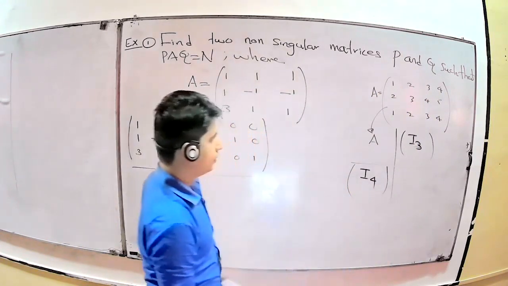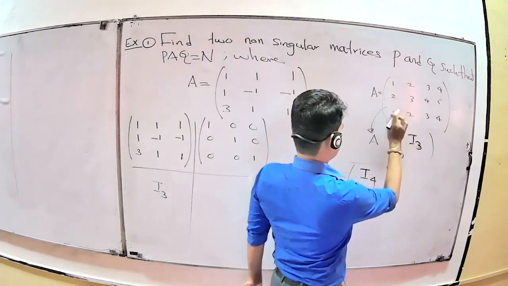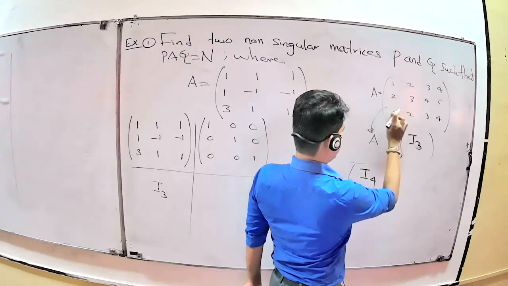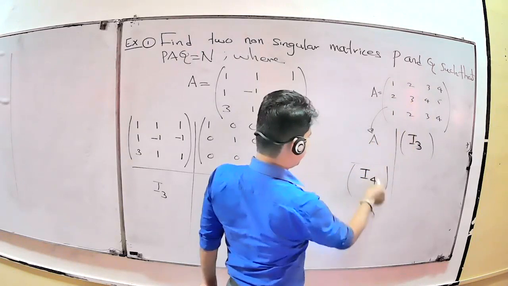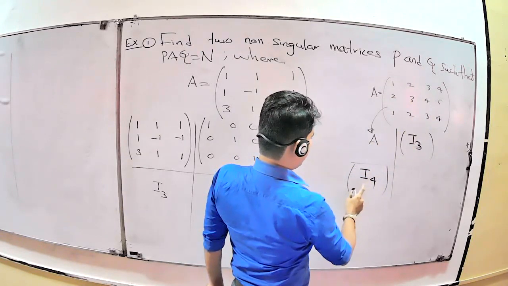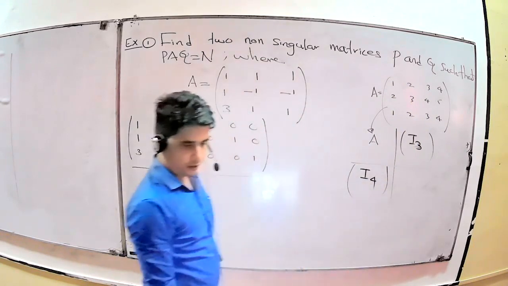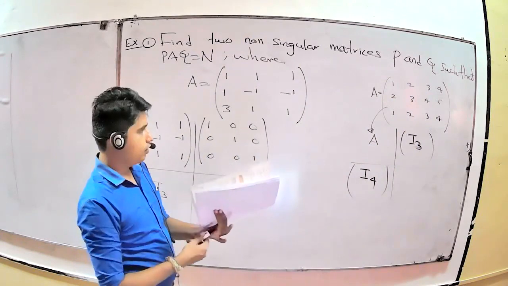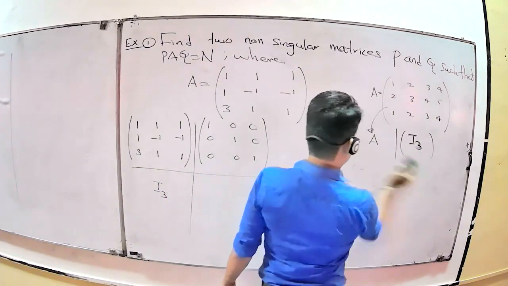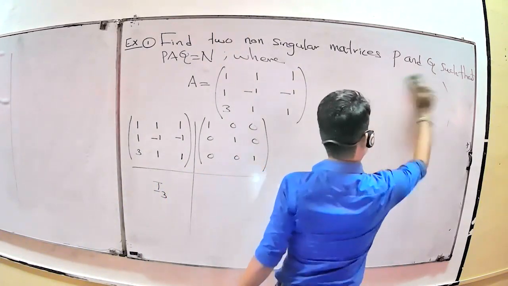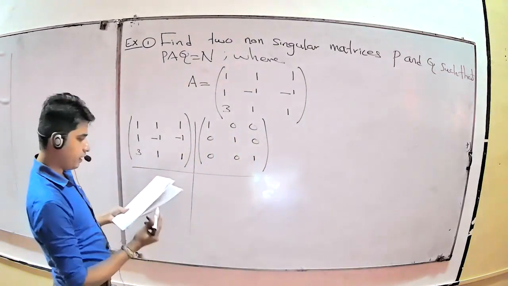That's the idea. First, for this part you put an identity matrix of size the number of rows. Suppose the number of rows is 3, therefore I3. Suppose the number of columns is 4, therefore you put I4. Now you understand how to put this matrix and this matrix. First we do the row operation, then we move to the column operation, then you can find the normal form.